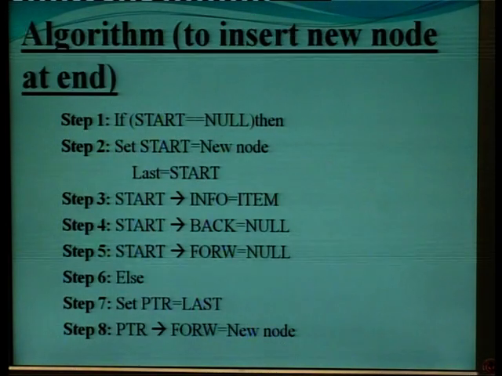So what is the algorithm to insert a new node at the end of the doubly linked list? If start is equal to null, that means there is not a single node in the doubly linked list, so we are inserting the first node of the doubly linked list. So start is equal to new node and last is equal to start. Then store the information, that is start information is equal to item, and start back is equal to null, and start